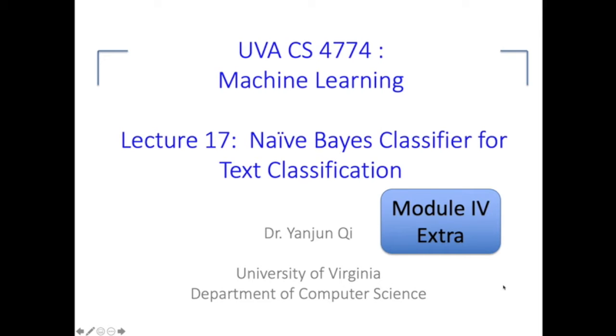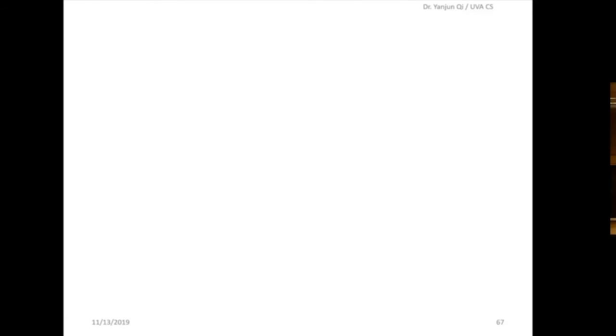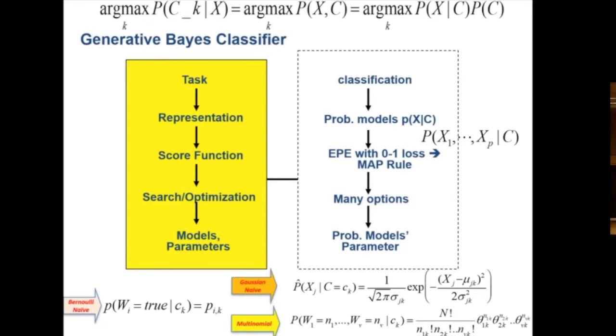All right, so now it's lecture 17, module 4, naive Bayes classifier for text classification when we use machine learning, naive Bayes class representation. So this is the last page of everything we covered about generative models. But I want to do a summary table comparison. We covered the Bernoulli, the Gaussian, and the multinomial, right? So let's just see